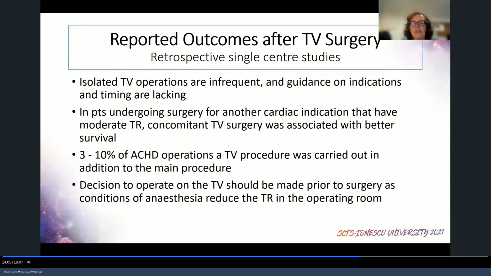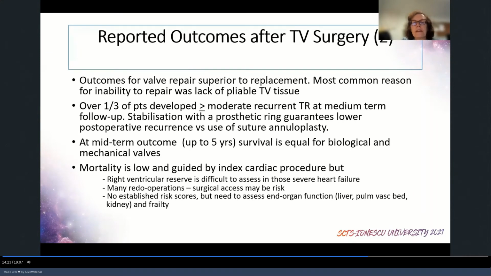Importantly, for these concomitant tricuspid valve procedures, it is important to make a decision to operate prior to surgery, as the conditions of anesthesia reduce the TR that is seen in the operating room. Outcomes for valve repair are superior compared to those for replacement. And although repair should be aimed for, the most common reason for not doing so was lack of pliable tricuspid